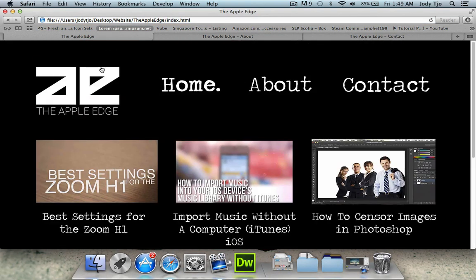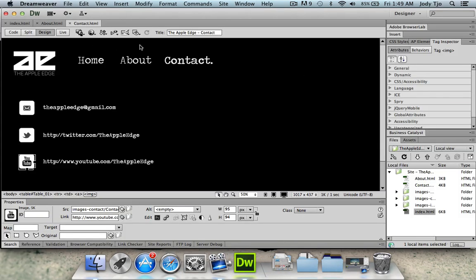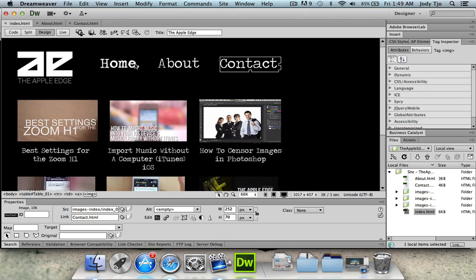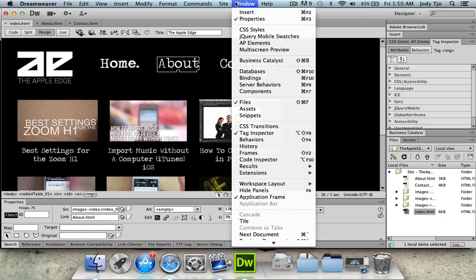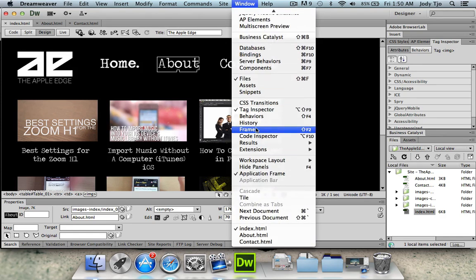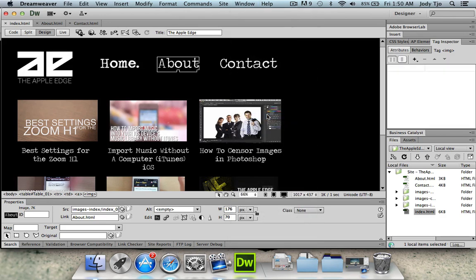And now the final step really is I'm going to show you guys how to do the rollover images that we've been talking about quite a bit. So now we just select the other two buttons that we should have a rollover button for. So on the home page it's the about and contact page that we're going to deal with, and let's just go over to the window and check behaviors over here to make sure that's ticked. And now I'm going to go over to the plus icon